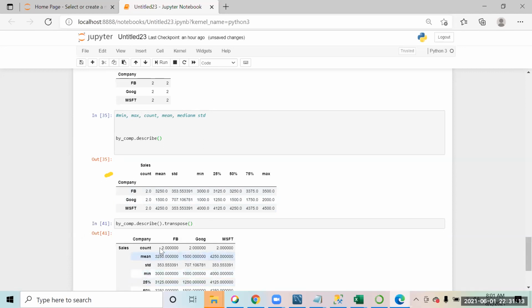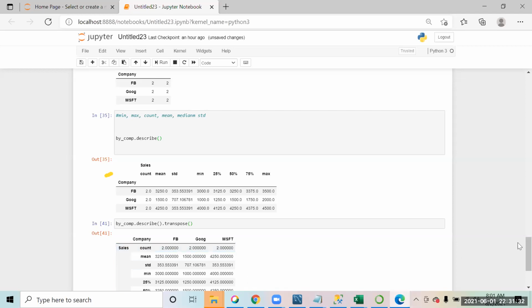Now I see that I want just this column, but there should be a way to give row data also, like just for Facebook. For rows, we'll have to use the location number.